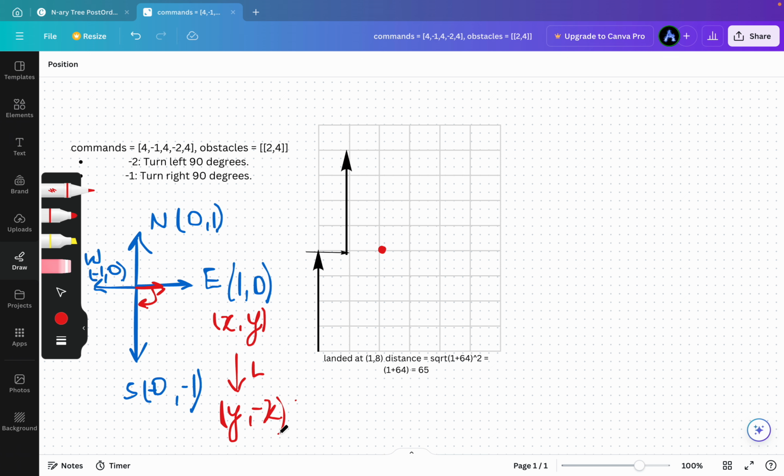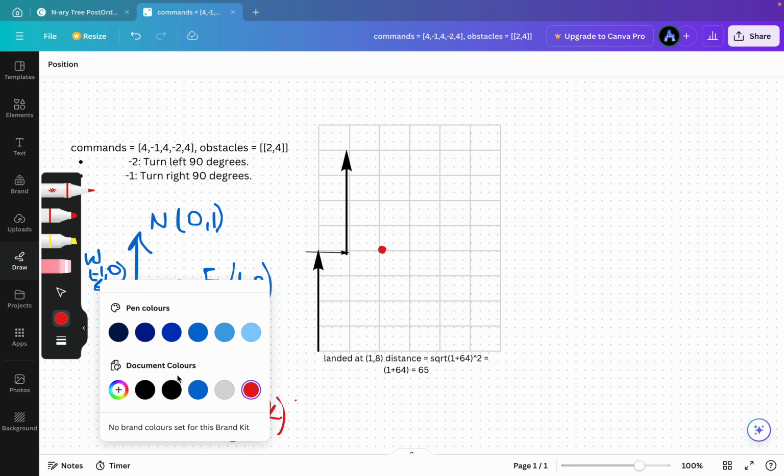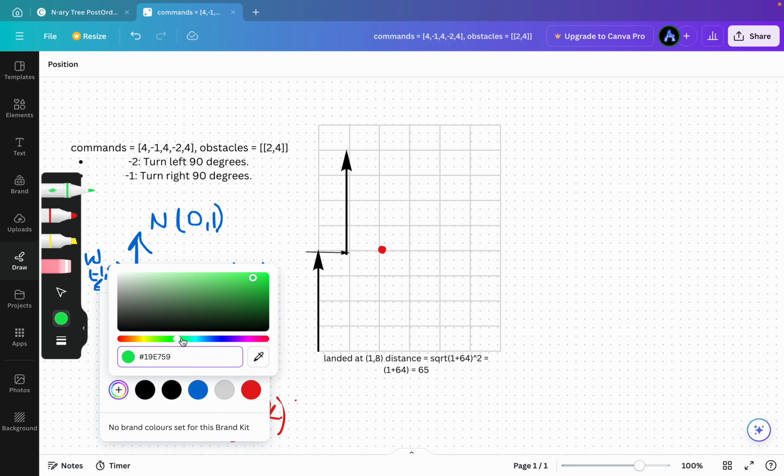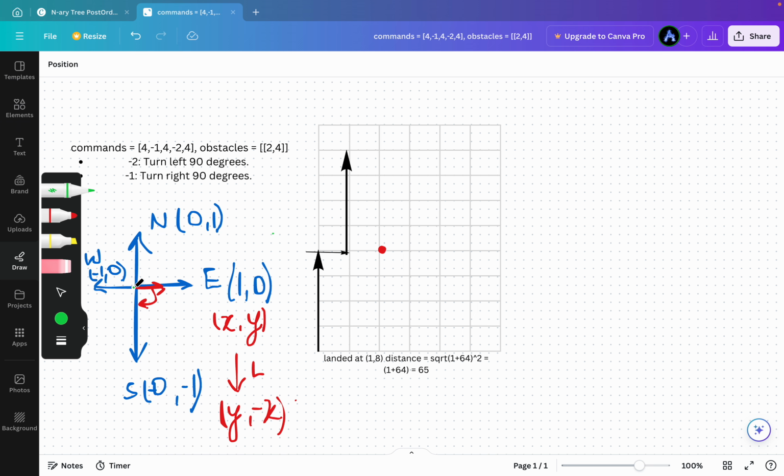Okay, so now let us take another example of turning right. For example, let us assume that we were facing west and we have to turn right to move to north. If we turn right, we'll move to north. If we turn left, we'll move to south. So we'll be checking the right part first. So if initially we were at x comma y,